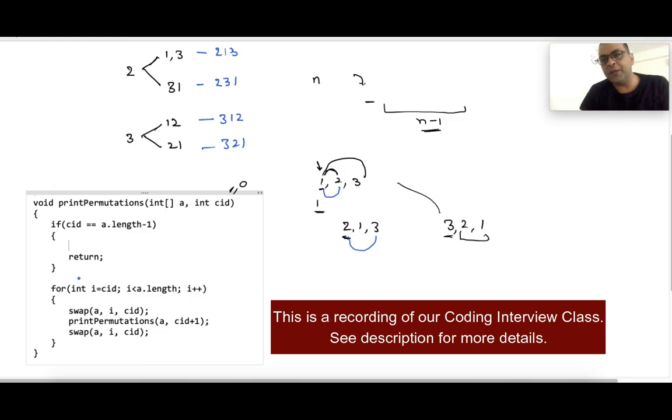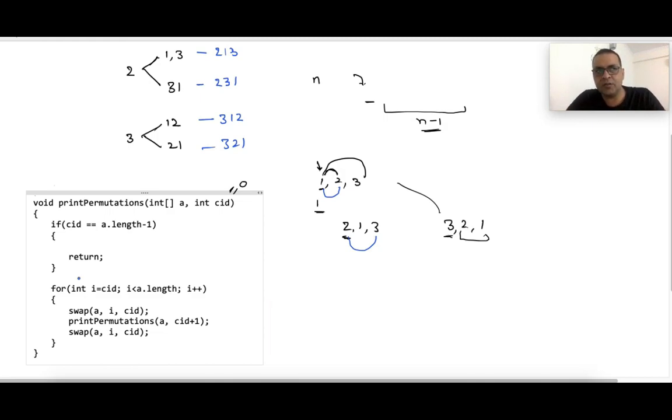right? So we want to return multiple values. Basically, we want to print multiple values. So when we are at the last element, probably what we should do is that we should print the current array, because at this point the current array represents one permutation of the elements. Print the array. So print array A, the complete array.